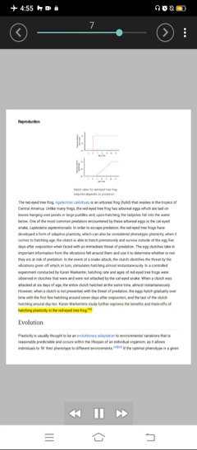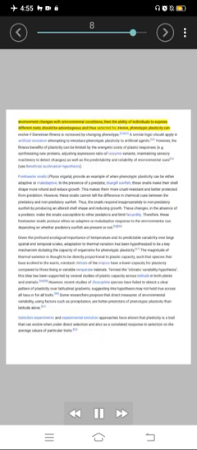49. Evolution. Plasticity is usually thought to be an evolutionary adaptation to environmental variations that are reasonably predictable and occur within the lifespan of an individual organism, as it allows individuals to fit their phenotype to different environments. 50. If the optimal phenotype in a given environment changes with environmental conditions, then the ability of individuals to express different traits should be advantageous and thus selected for. Hence, phenotypic plasticity can evolve if Darwinian fitness is increased by changing phenotype.